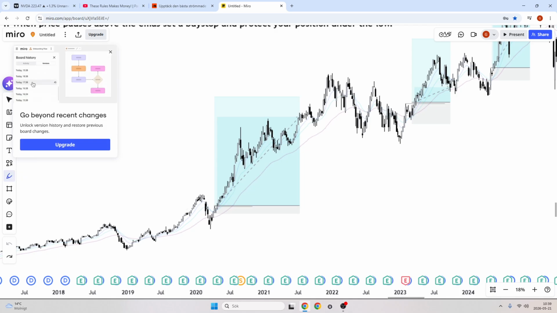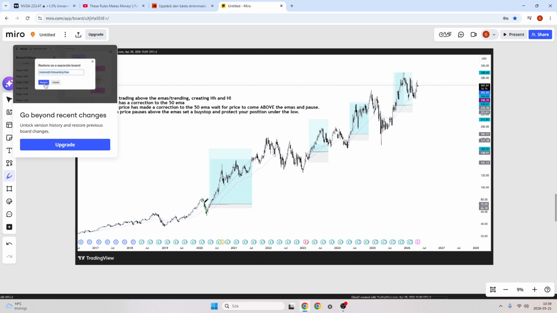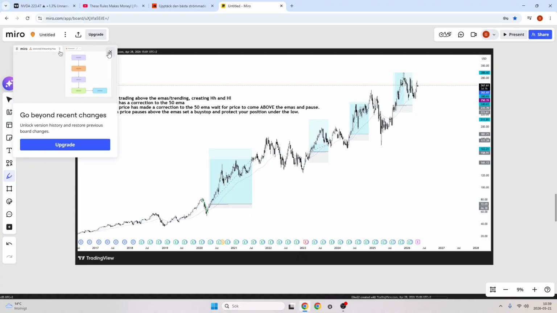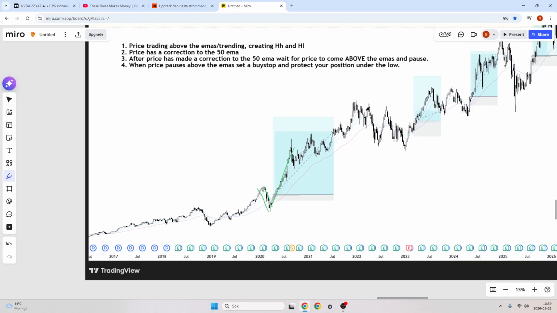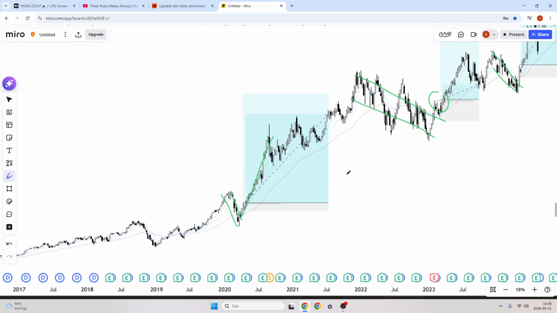every time price has made a channel, and of course before that followed our criteria, a channel down to the 50 MA, we have exploded up. Not every time, but most of the times. Same thing goes here and same thing goes here. Anyways,